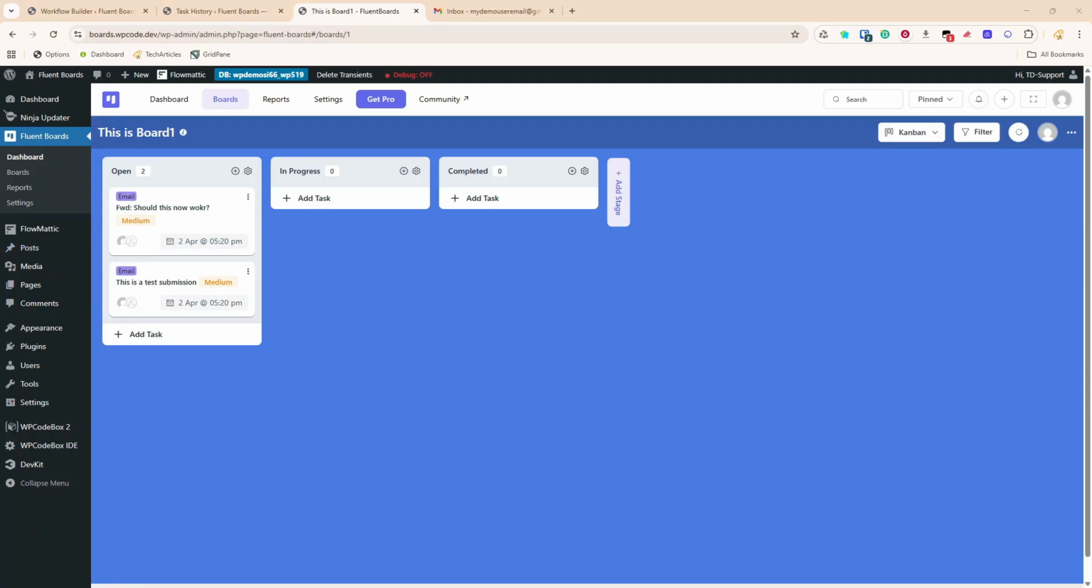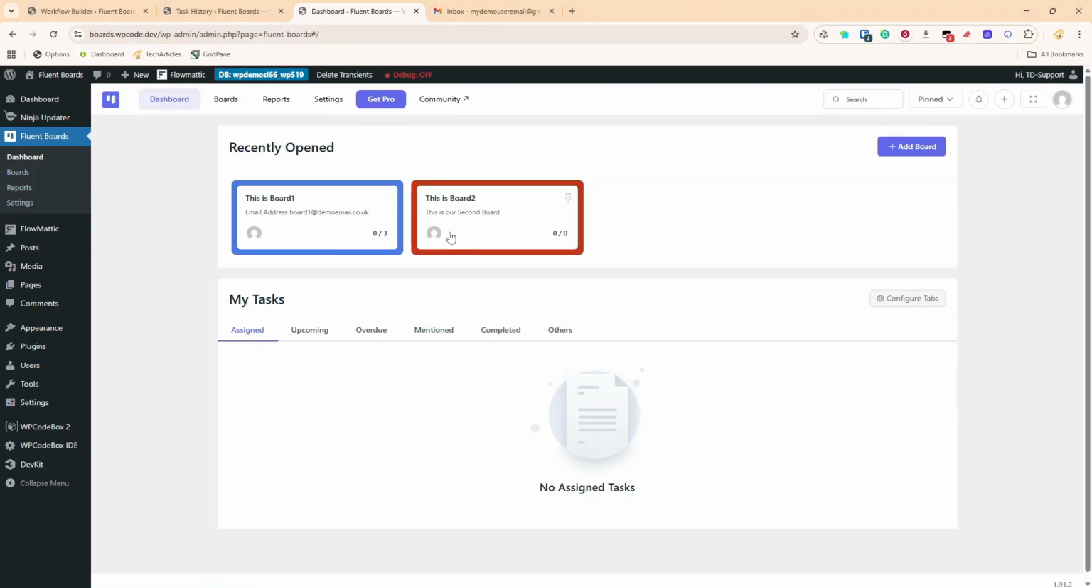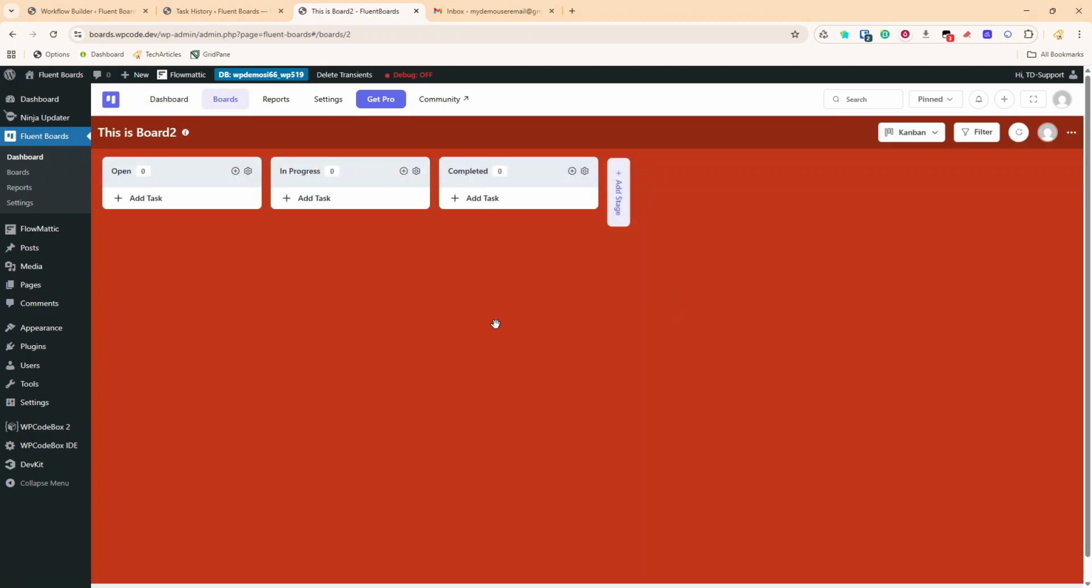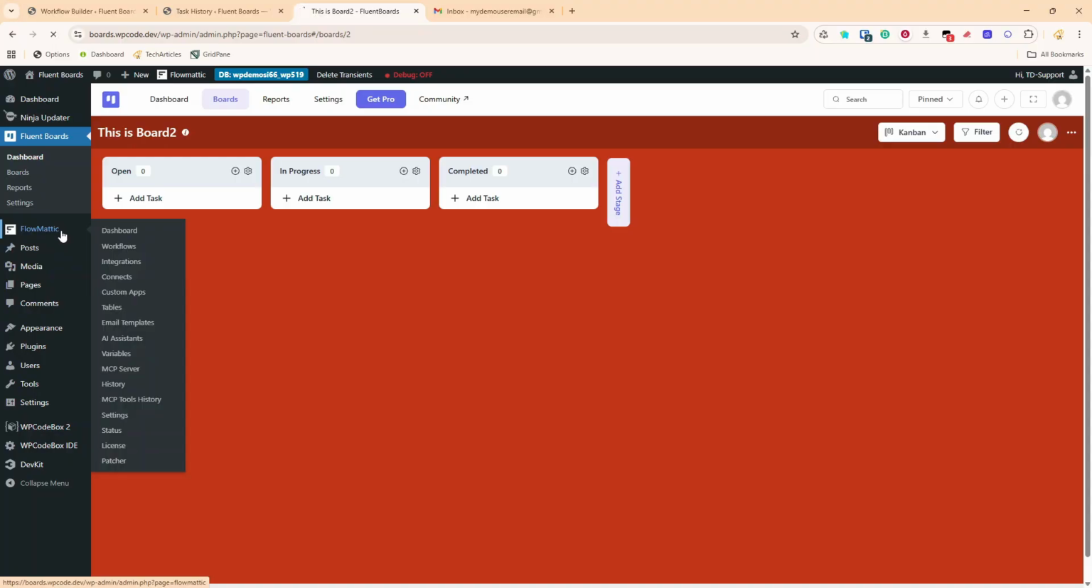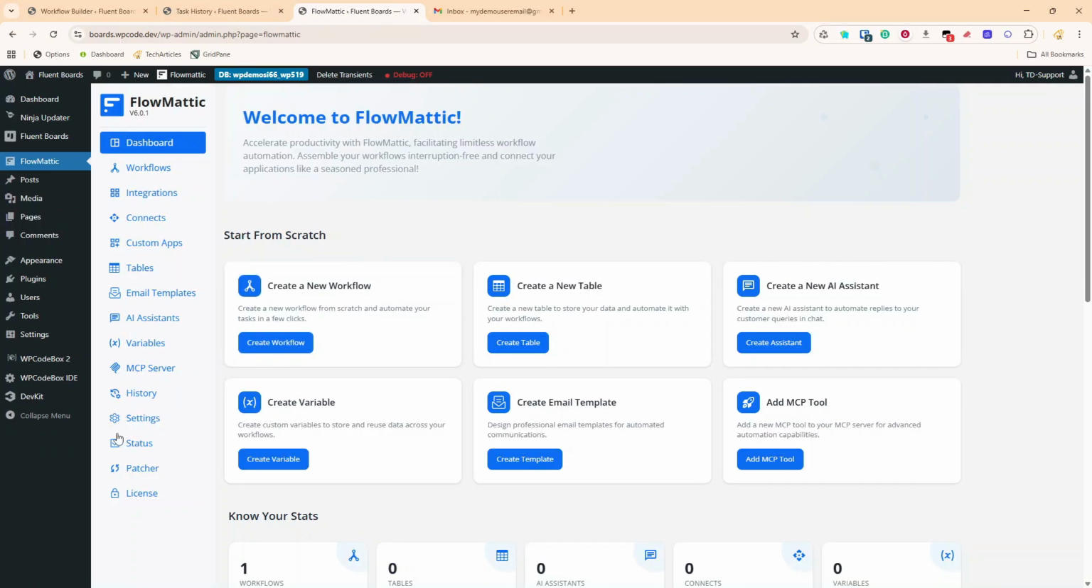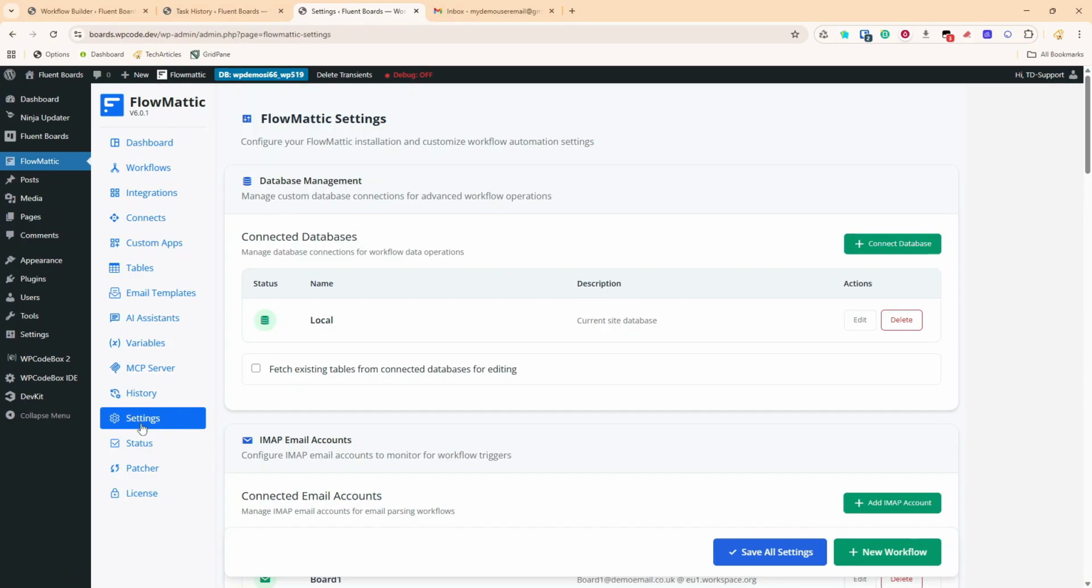And to do that, we're going to add a new account to FlowMattic. And then what we're going to do is rebuild the workflow from there to our Fluent boards. And for completeness, we're just going to use board 2 because there's nothing in here and there is nothing sitting and waiting. So first of all, we need to go to FlowMattic, down into settings, and we're going to add